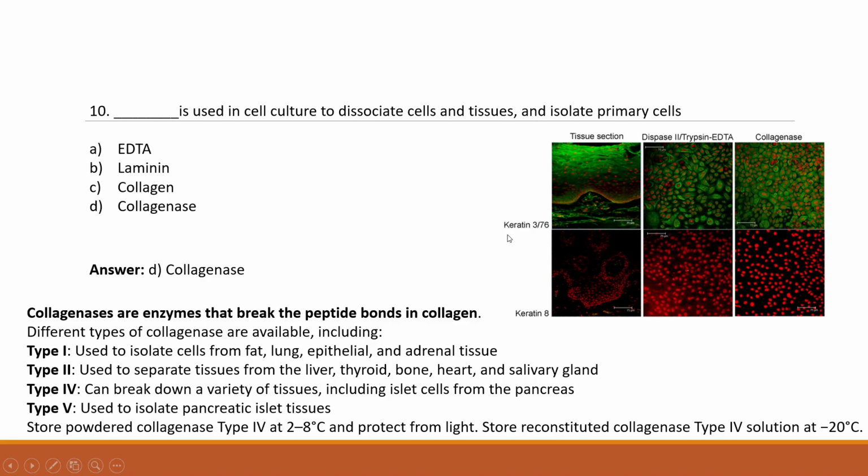So based on the cell type, you can choose whether you want to use trypsin EDTA or collagenase. Again, there is also trypsin alone without EDTA which can be used. That is not recommended, because trypsin alone is a little toxic to the cells. It might autolyse the cells, so it will lyse the required proteins along with the